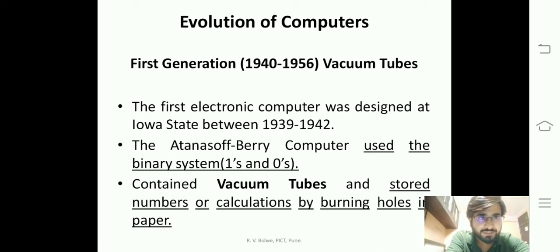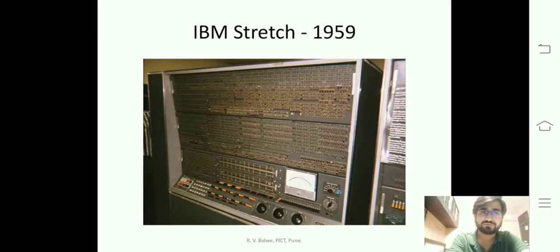I have one picture of this. This is the picture of a first generation computer. You can see holes over there. Those holes are actually vacuum tubes. When a hole is filled, data is present. If the hole is empty, data is not present. In the first generation, the number system used by the computer was binary, only 0 and 1. If 1 is stored, that hole will be filled, otherwise it will be empty. So this was the first generation of computers.